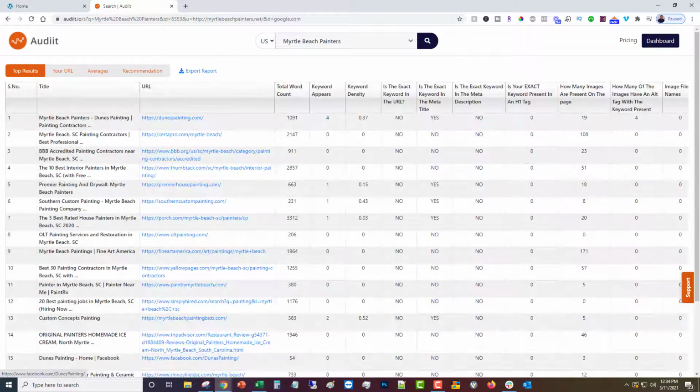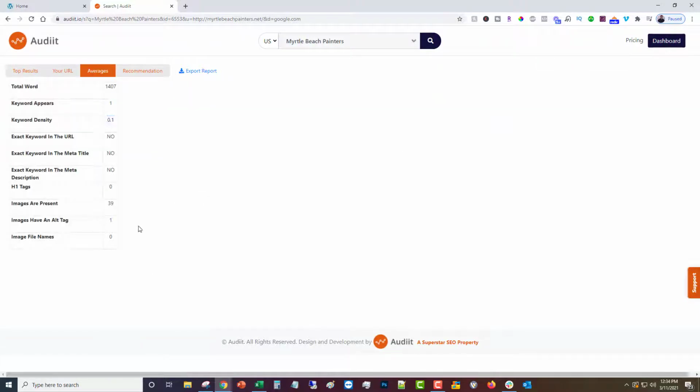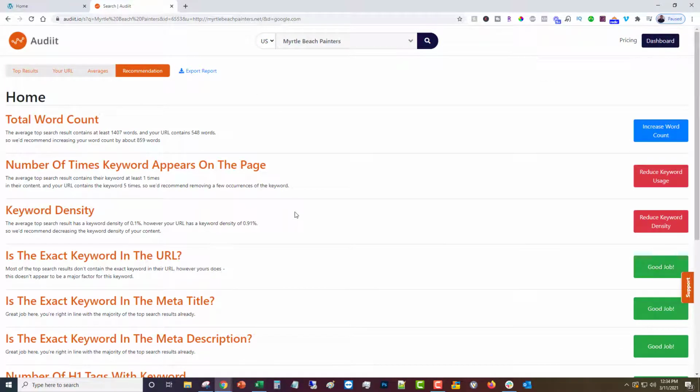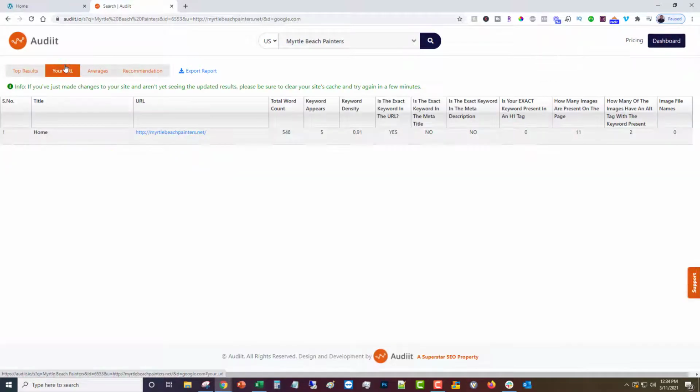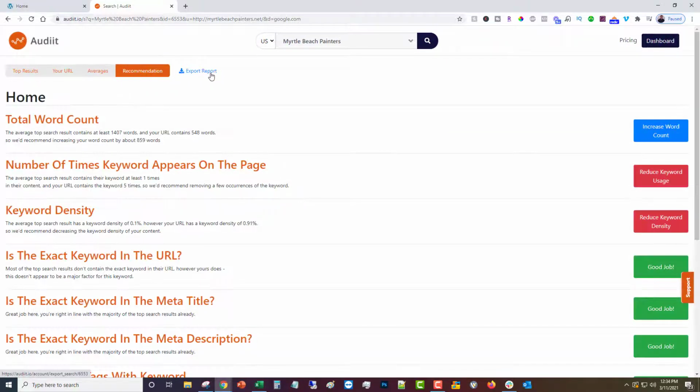Top results is what is currently listed in Google for that keyword. Your URL is the data from your URL. Averages is the average of each category by the top results. And recommendations is what you need to do to your URL to make them the same as the averages. And then export report just downloads all of this